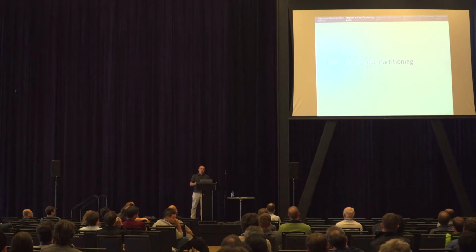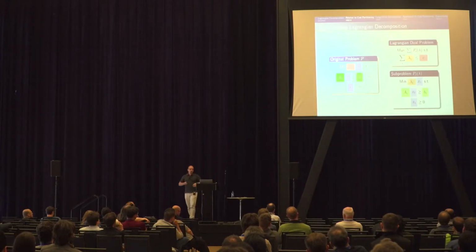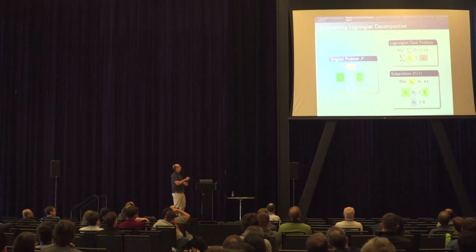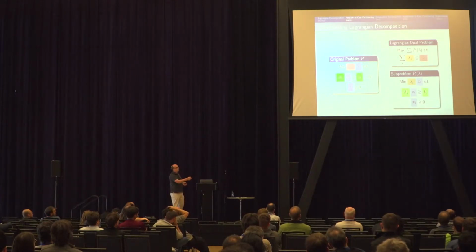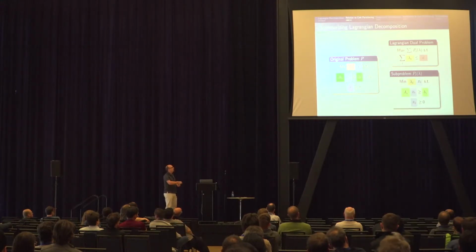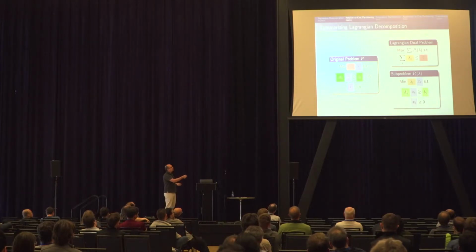So how does this relate to cost partitioning? Let's first put all the previous parts together. So this was the original problem we started with. We minimize an objective function subject to some blocks of constraints. And we solve this by Lagrangian decomposition, which means we have a Lagrangian dual problem that maximizes the multipliers, the